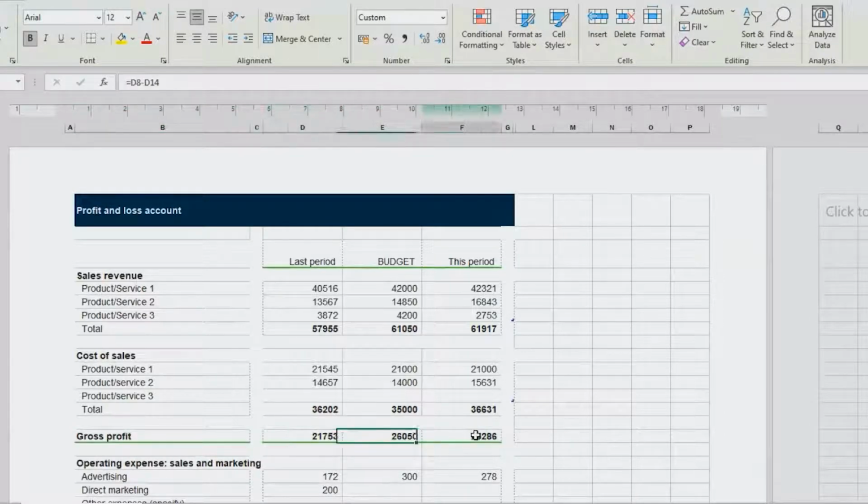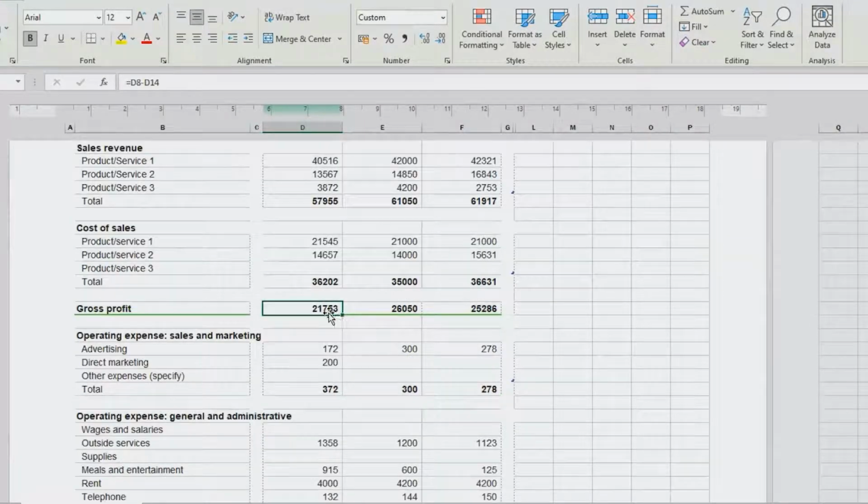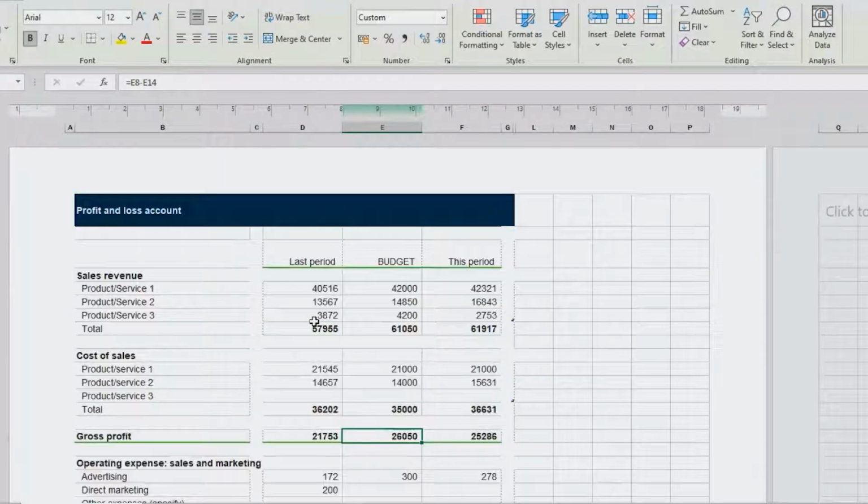Now, at first glance, it seems that your gross profit has increased. The figure of the gross profit has indeed increased on the previous year. However, it is lower than what was budgeted. What you really need to look at is whether your percentage has increased or not. And in order to calculate your percentage,